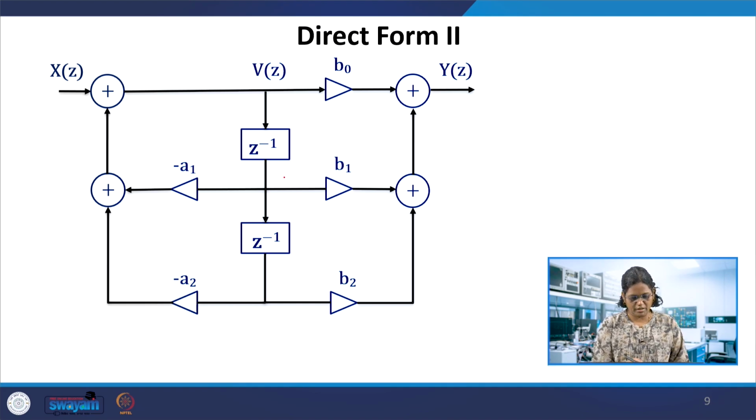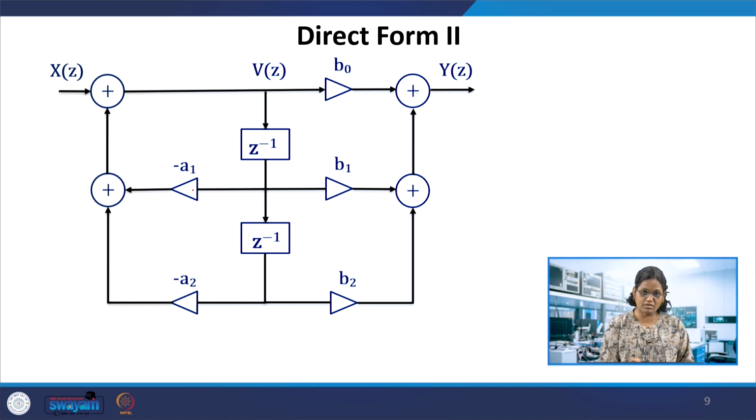The redundant delays are made into one set of delays here. So that's the advantage of exchanging H1 and H2. Feed forward coefficients are here and feedback coefficients are here. So you will get the same outputs, with only a saving of delays in this case. If the order is the same, that is, the numerator and denominator polynomials are equal, then the delays will be equal. Otherwise, suppose this side has more delays, then you need one more delay over here, or if feedback has more delays, then it will contribute one more delay and multipliers here. Each coefficient needs a multiplication.